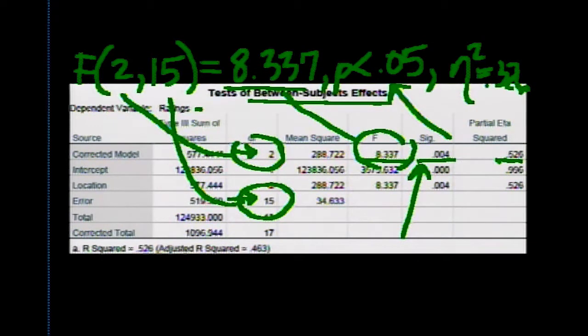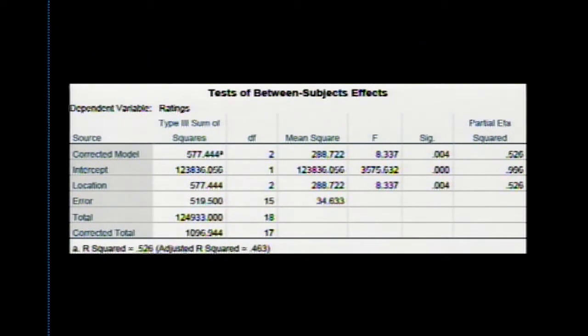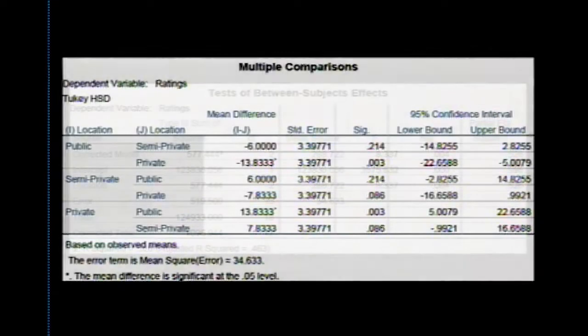So for the reader, they would be able to understand this model very well from looking at these numbers. They would see that the 0.05 indicates it's significant. And then my last reporting is the partial eta squared, which is indicated here. And I ran out of space, but essentially that would be 0.526. So we can see on this screen then how to properly write up the results of this F ratio box.